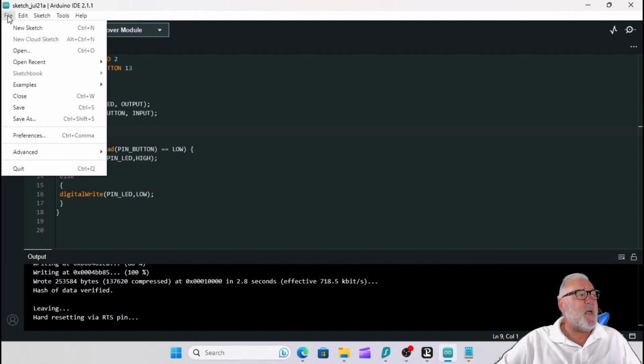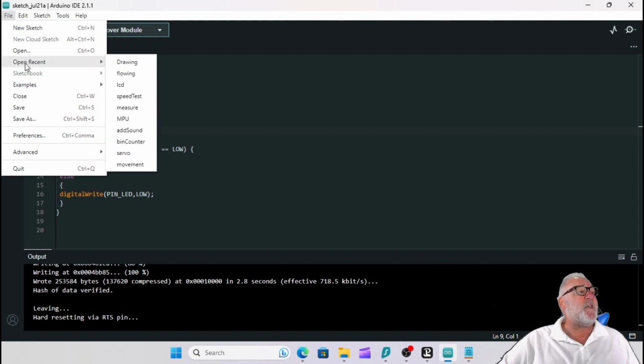Okay, so new sketch. When we start a new sketch, because they're called sketches in Arduino, where we write the code, we press that and that'll open a new sketch for us. So that's one we're going to be using quite a bit. Open recent. As you can see, it's got all my recent Arduino IDE configurations,